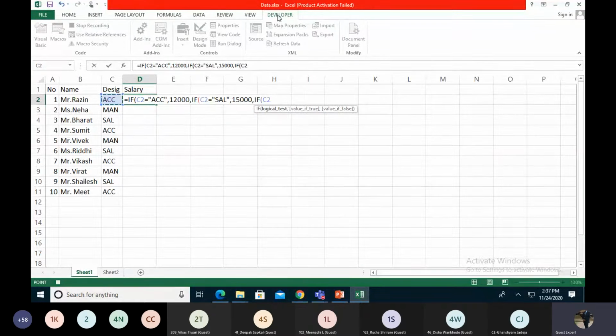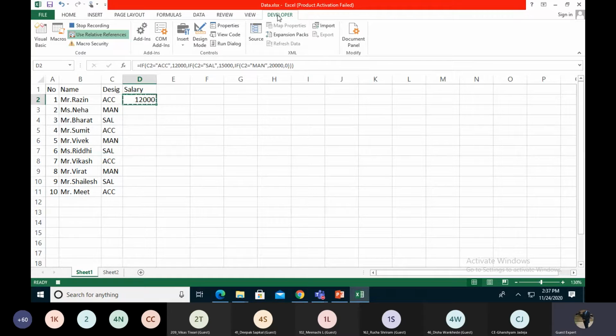And if this cell is equal to manager, 20,000. Otherwise I'm putting 0. I just copy it: left side, down arrow, right side, Control Shift select and paste it.